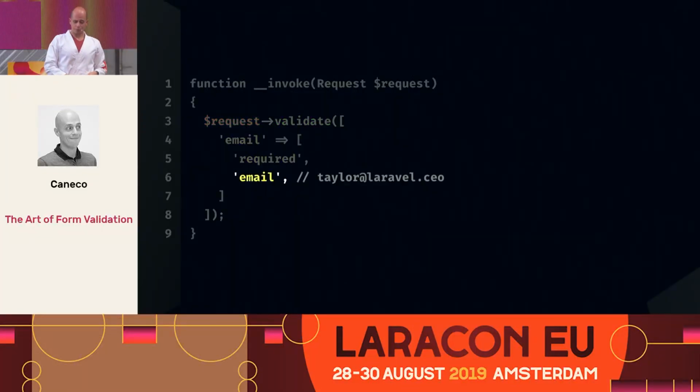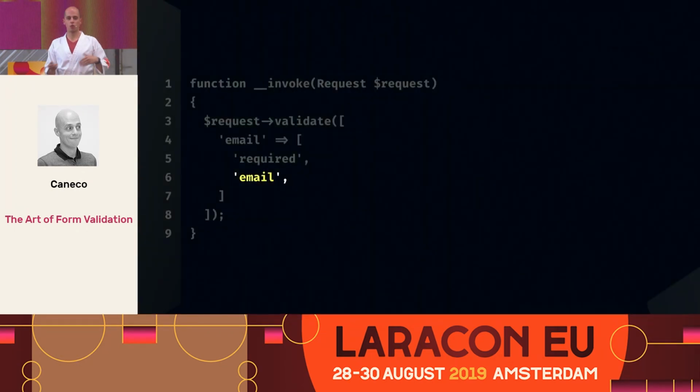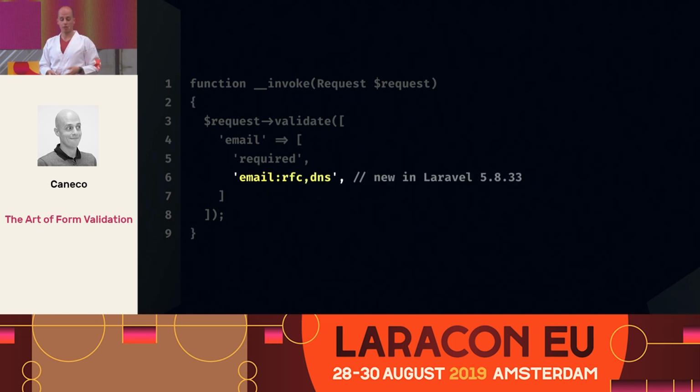Then, for example, receiving that information from the client, imagine that I use this email address. That domain doesn't exist. If I try to submit it, it will actually go through, because the email validation just checks if the email is correct or not. But thanks to the newest release of Laravel, made last week, I guess, it has two different options to validate the email address: you can check for the correct format and check if the DNS exists.